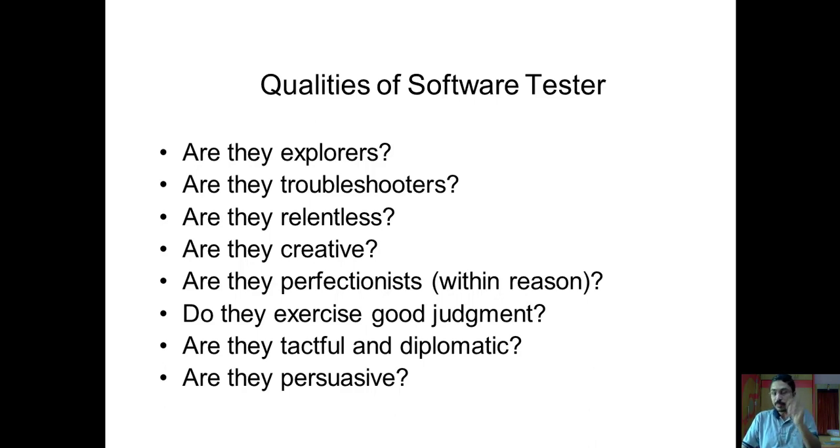Within the reason, in the sense that it should be reasonable. If I'm a tester and I'm asking my developer that after the floating point, the next 10 digits should be that precise, then this is unreasonable, isn't it? Because nowhere will we need that sort of perfection. But if I'm asking my developer that floating point calculation should be correct up to the next 2 digits after the decimal, then this is the reasonable one. This is within the reason. So to that extent, we should be perfectionist. I hope you got that point now.